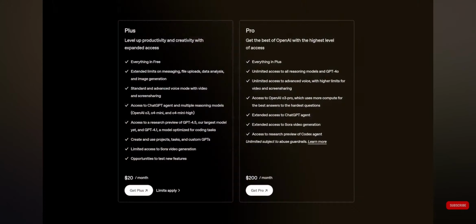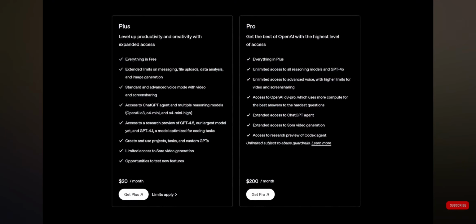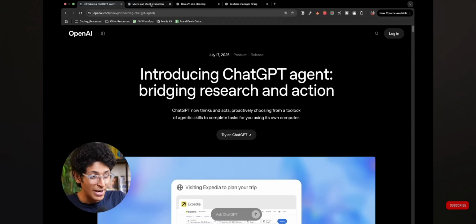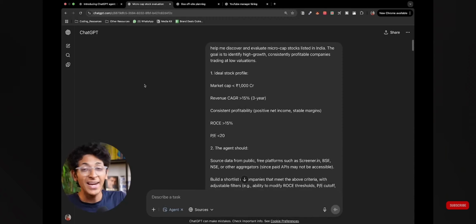You can get access to it if you are on the Plus and the Pro plan of ChatGPT, and I'll show you what I've done with it. The first example I want to show you is of analyzing stocks. So I always wanted to use AI for